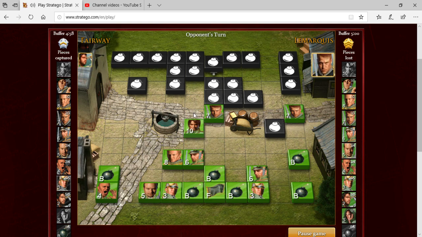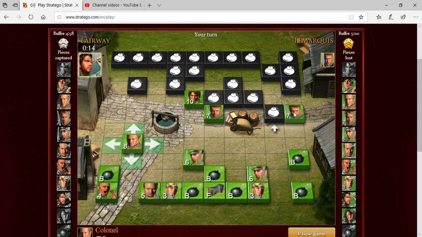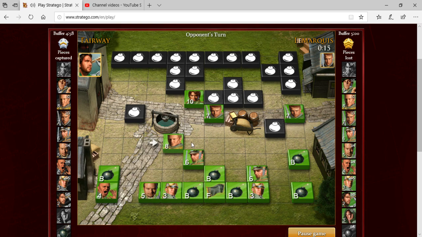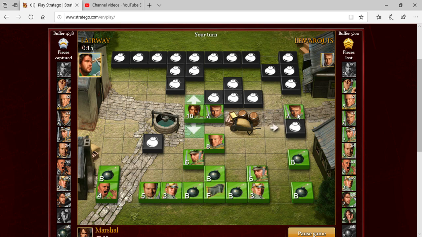Because he is, like... If that's the marshal, then I'm going to have a nice counterattack waiting for him here. But we'll see. I don't think this is the marshal here. Okay, yeah, I'm pretty sure this is the marshal, actually. So we are going to move to block it, because he moved away from my miner. So I suppose it could be the spy, but...